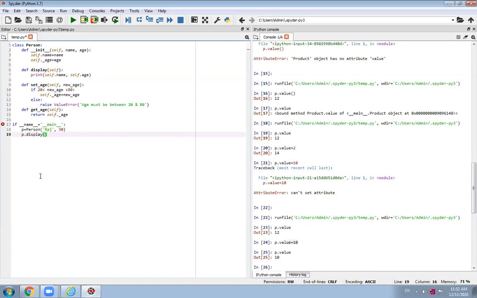Now from this program we'll understand what is the need of property. Actually here we haven't used the property, right? So in this program without property we'll understand this concept, and then with the property we'll understand the same concept.